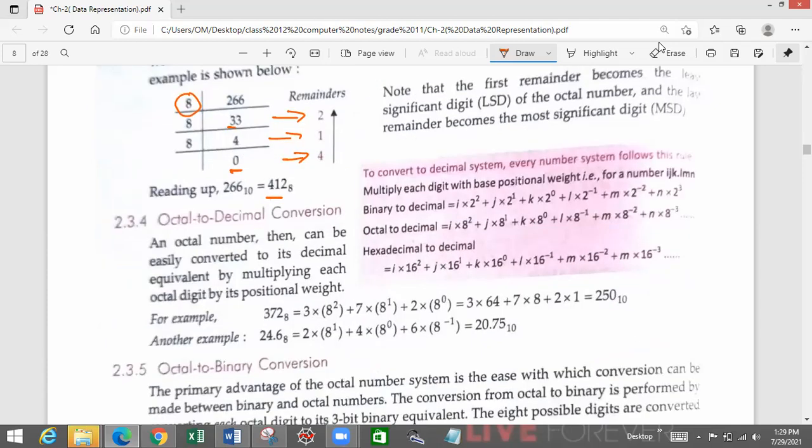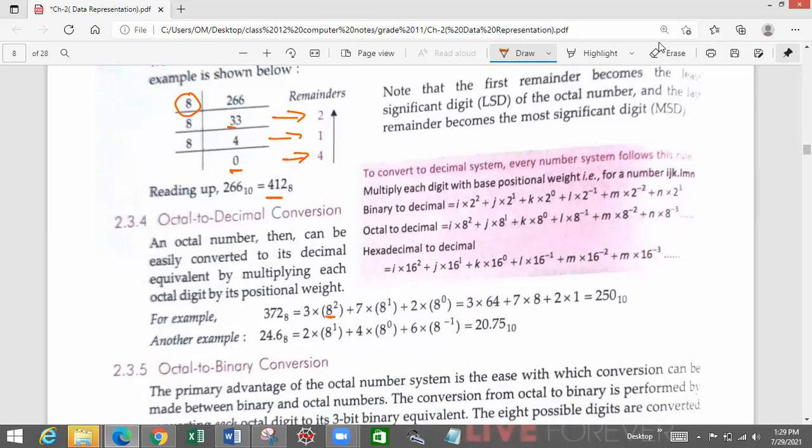Now you want to convert an octal to decimal. There is a number which is given in octal and you want to convert it into decimal. So that also has been explained to you in the previous class. We use the position, and rather than calculating the power of 2, we calculate the power of 8, because the base is 8 in the case of octal.